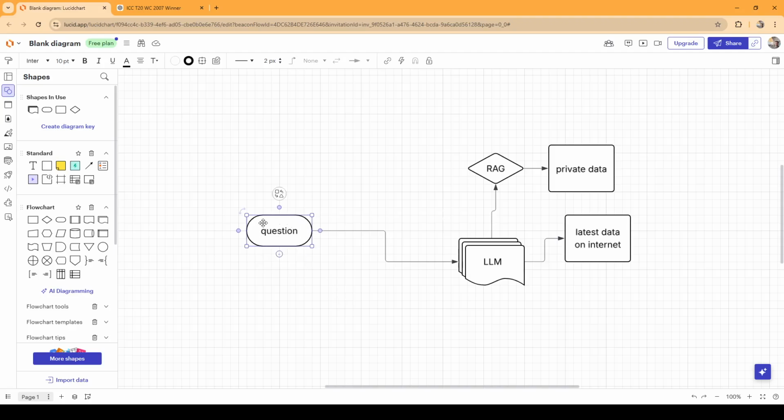So now when we ask a question, this LLM has three kinds of information. One, whatever it was trained on. Other, whatever is latest on the internet. And third, whatever is in our private database. So now it has access to all these three things, and when we ask a question, it searches the information in all three areas, like in its own knowledge or on the internet and in this private data, and answers you.